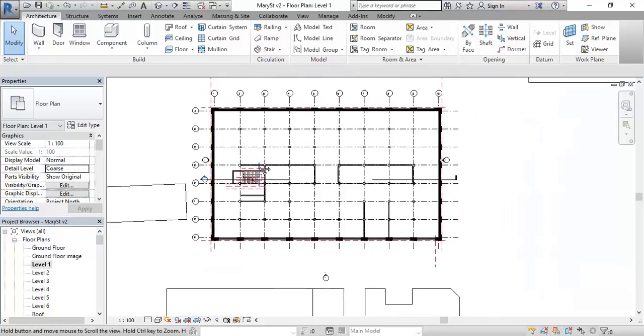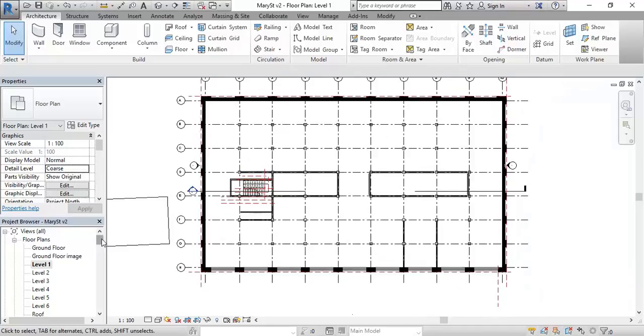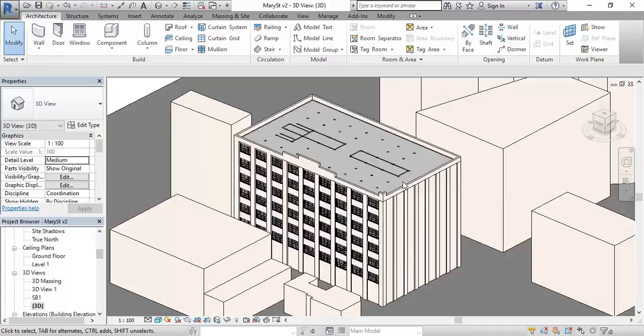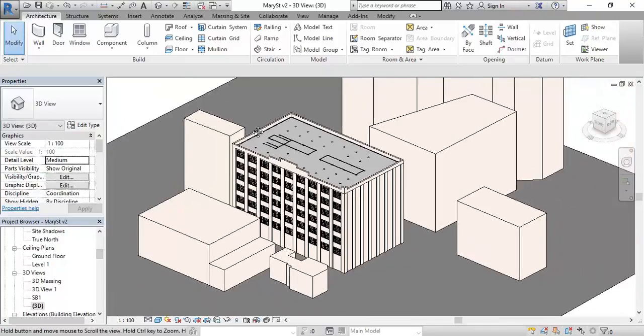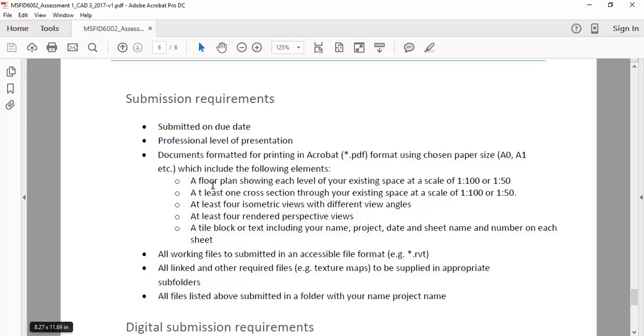Alright, so I've got my plan set up in a very basic way, and my 3D view, again, very basic at the moment, but that's actually enough for me to start setting up the views that I'll need, and that you'll need as well. Looking at the assignment submission requirements, you can see here you need a floor plan of